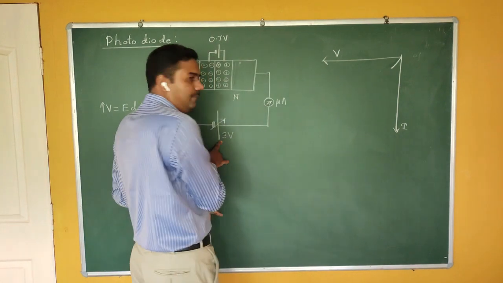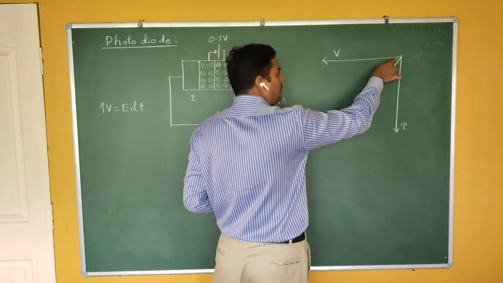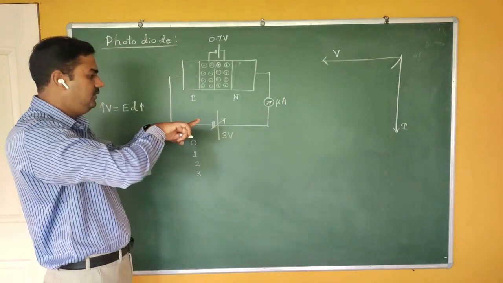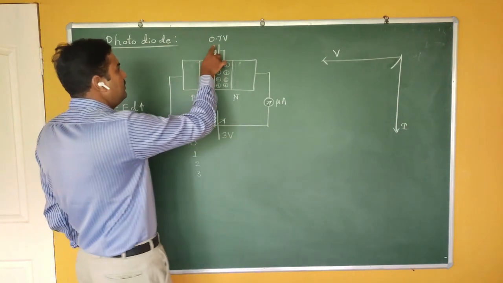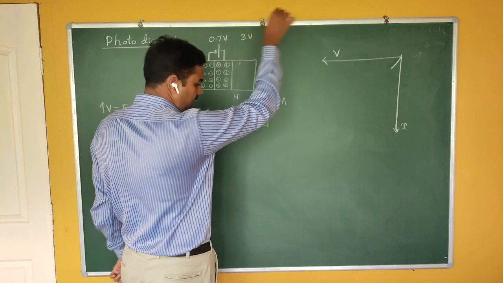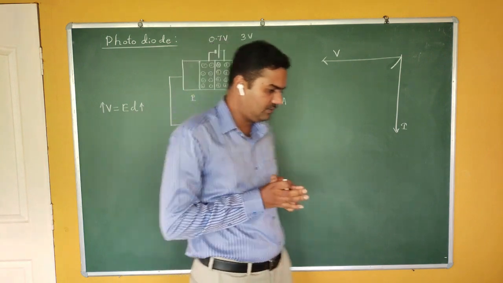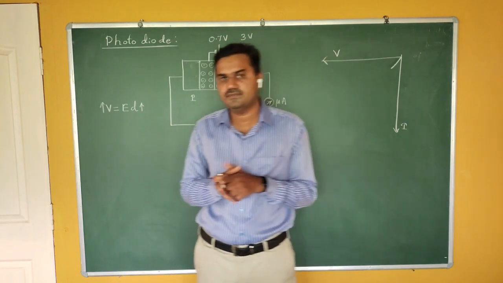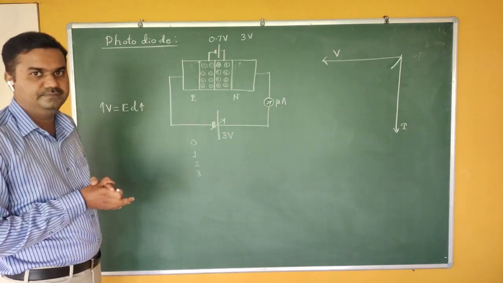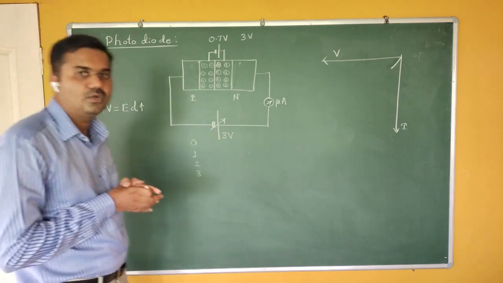If you are increasing the battery potential, more electrons cross through the junction, and as more electrons cross, you get more current. So this width goes on increasing. So it becomes 0.7, 0.8, 0.9. Finally, let me consider that it becomes 3 volt. The width of the barrier goes on increasing, finally it becomes 3 volt. Then this process stops. The flow of electrons stops. The width of the barrier now remains constant.